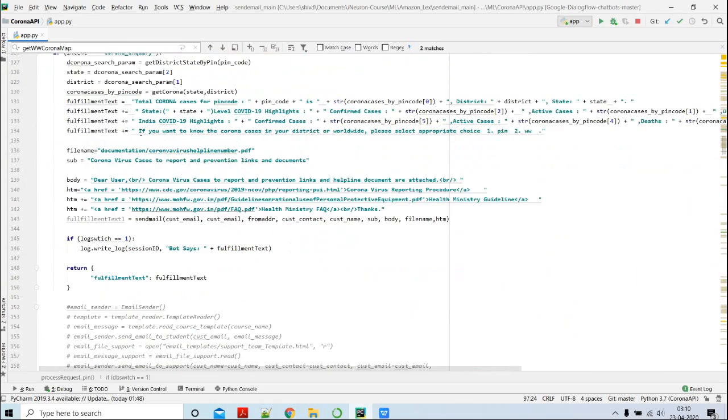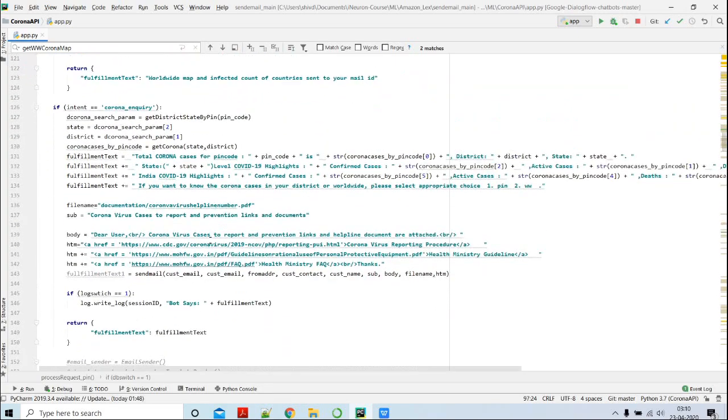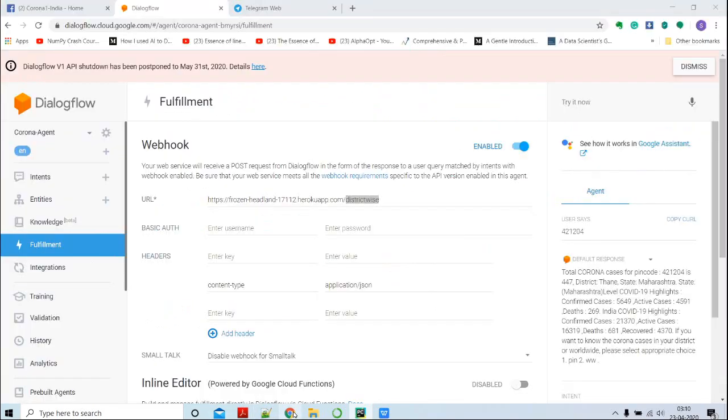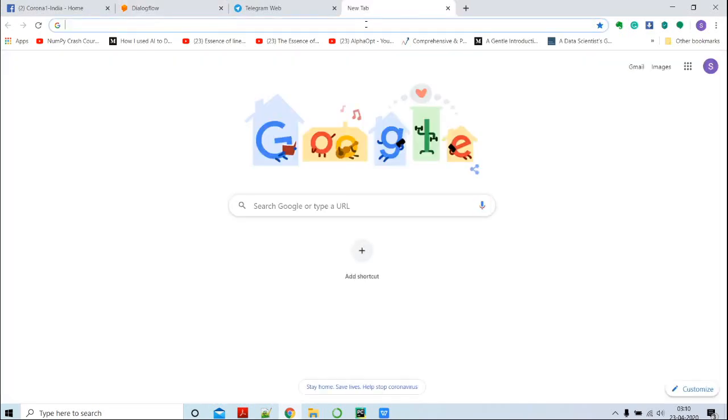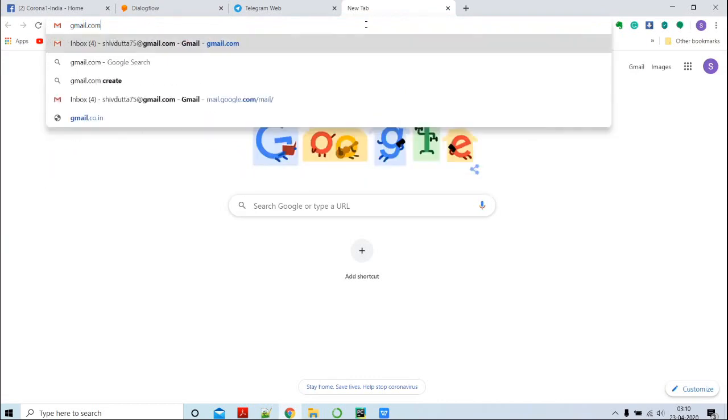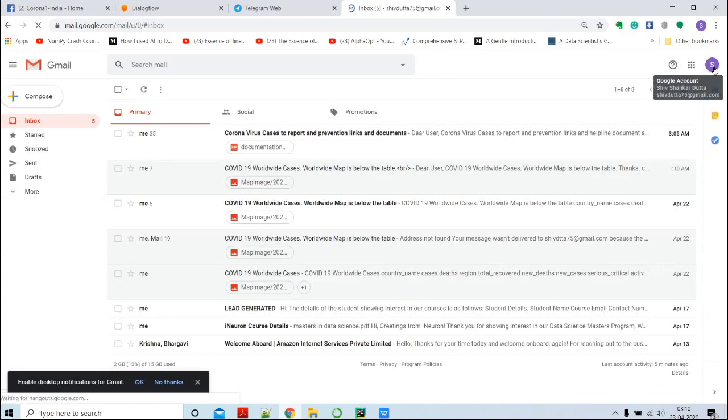Once a mail is sent, my request is fulfilled, and I get this message. I go to the mailbox, and this is the mail which I got.